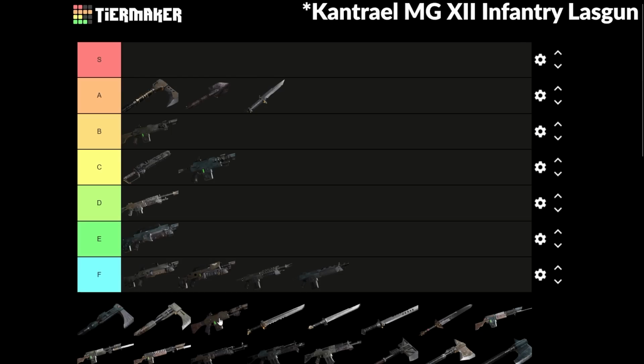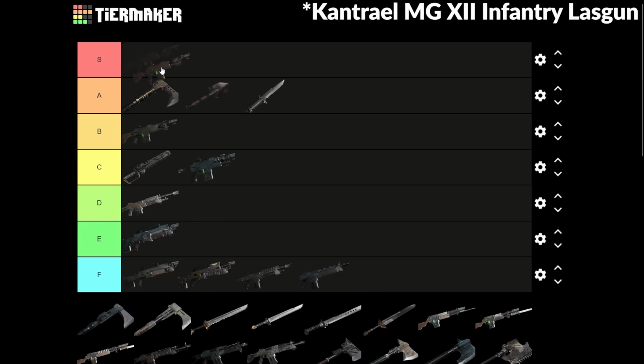And then the Mark 12 is the slowest firing, however the highest damage version of this gun, and this is an easy S tier weapon. Why? Because even on damnation, if you have one of these with a high damage roll, you can one-shot most specials and elites as well as all gunners with the high accuracy, high ammo efficiency, and incredible versatility of this